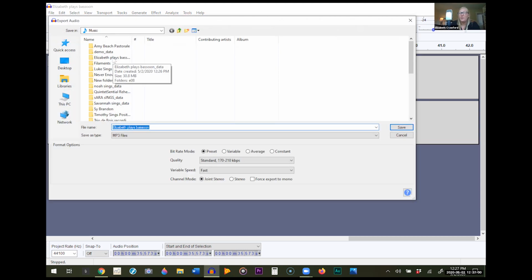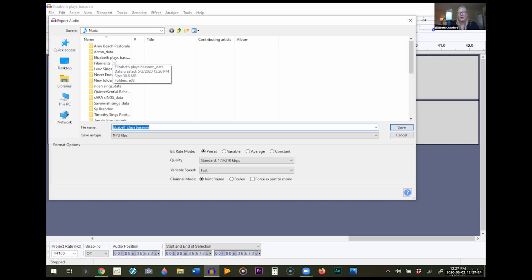Now, at this point, you might get something that pops up that says that you need to download a lame encoder. That's fine, don't panic. Follow that link and download the lame encoder. Make sure you download the right lame encoder for your operating system. Once you've done that, you'll come back and everything will be set, everything's here, you haven't lost anything. You'll just go to export